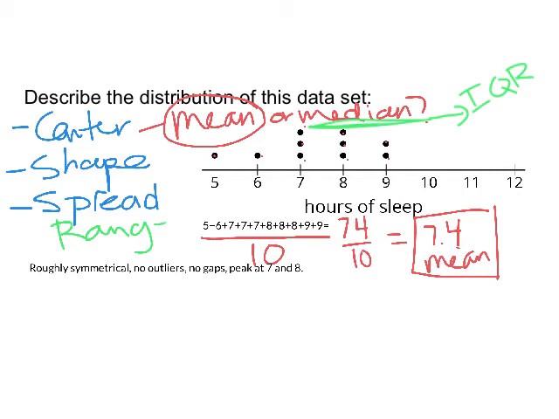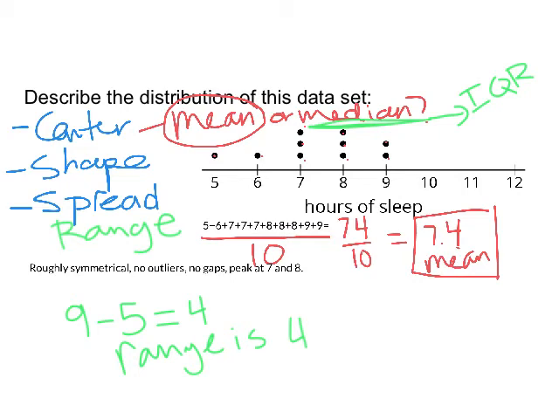So we remember range is subtracting the smallest value from the largest. So that would be 9 minus 5. I may have said that backwards. Subtracting the smallest value from the largest value gives me 4. So my range is 4. Now to finish this off, I'm going to continue that description I made of the shape, and